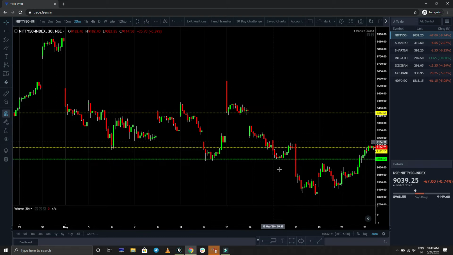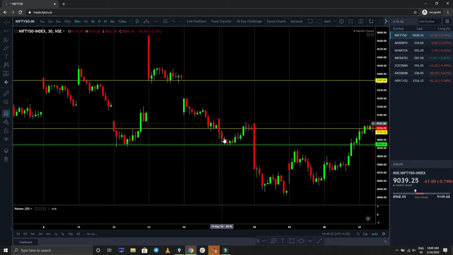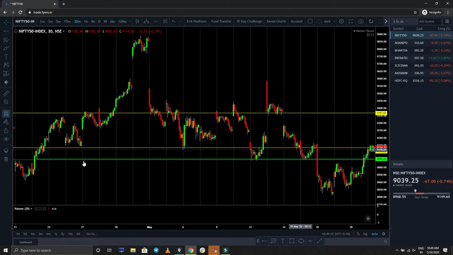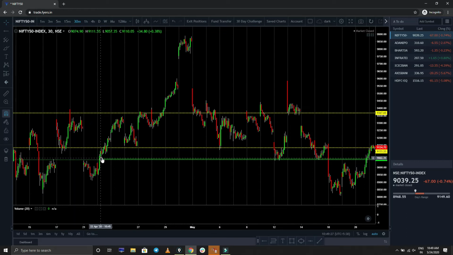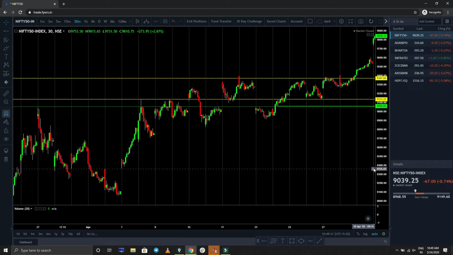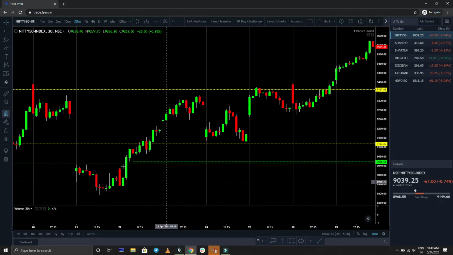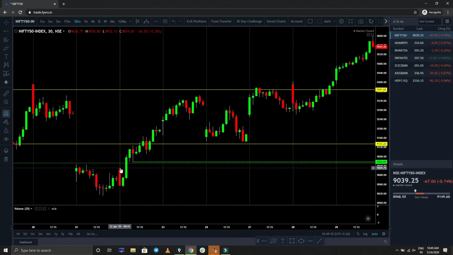and this is the day we got a positive open, and while falling we can see this is the single print zone, another single print zone. A single print zone is nothing but the gap between the 30-minute bars. You can see from this candle to this candle there are no other candles. So this gap we call a single print zone.